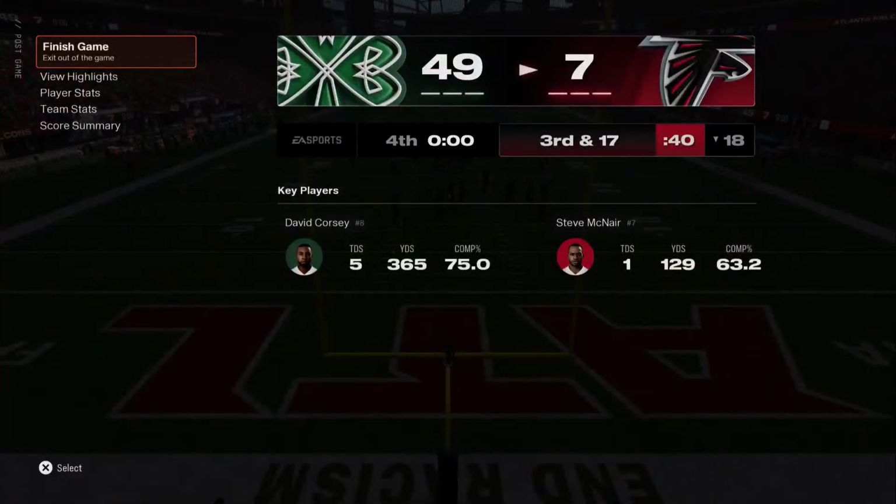So for Vancouver, it's a fantastic start as they roll to a blowout victory here in the season opener. And they'll get another road test next week as they head to Mile High to take on the Broncos. Meanwhile, for the Falcons, they obviously fall to 0-1 with the defeat. And they'll look to get back in the winning column next week as they head to Philly to face off with the